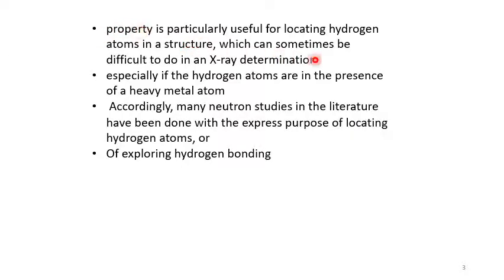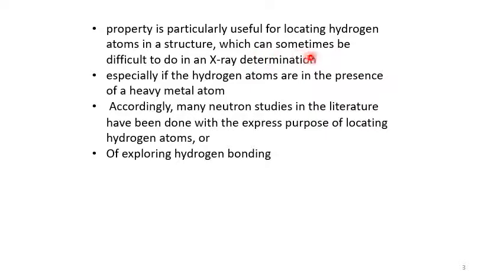The property is particularly useful for locating hydrogen atoms. The property of the neutrons, that neutrons are diffracted from heavy atoms and light atoms, from both, neutrons are diffracted very well. So this property of neutrons is very useful for locating hydrogen atoms, which are light atoms, in any material